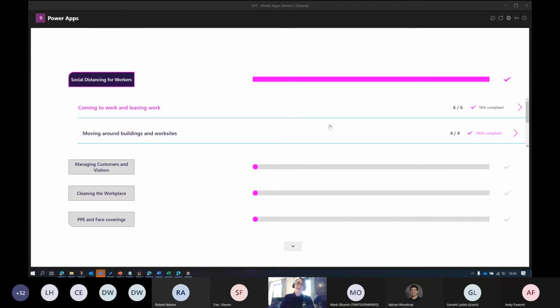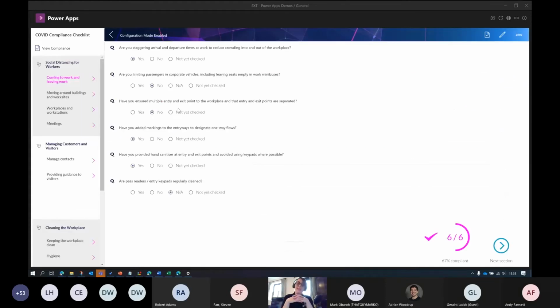And that can be really, really useful and really interesting. But what happens when the guidance actually changes? I'm sure we've all been aware of the fact that as we've been going through COVID, especially these last few months, the rules change quite frequently. You don't want to be in a situation where you're beholden to